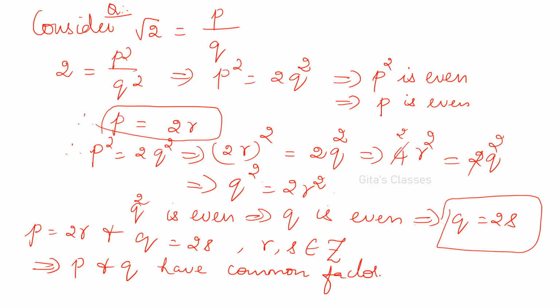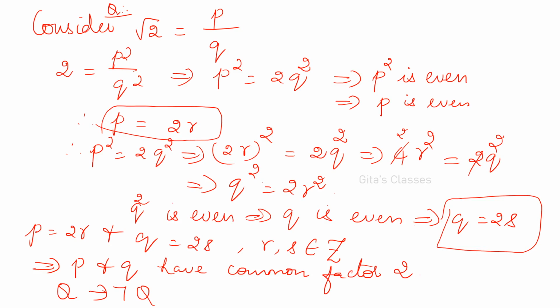That is, we started with Q, root 2 is equal to p by q. We arrived at not Q, right? Therefore, see, this is a contradiction actually. From Q, we are deriving not Q. It is a contradiction. Therefore, we can finalize that you can conclude that root 2 is not a rational number.